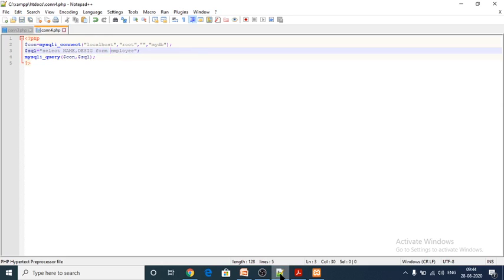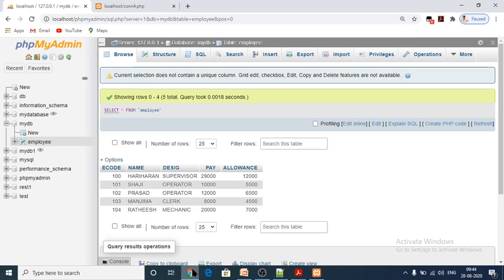Again save it. Just go here in your browser. Nothing retrieved, but there is no error, so there is no result on our desktop.